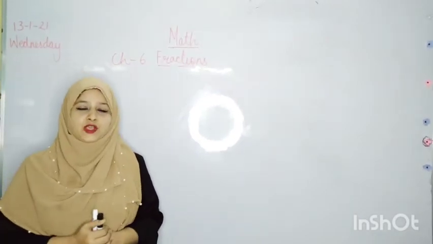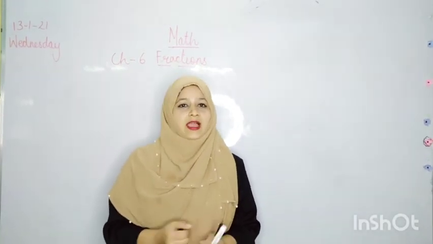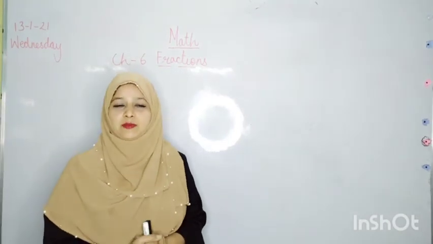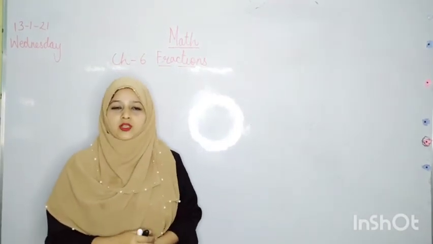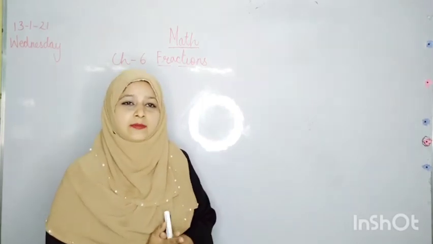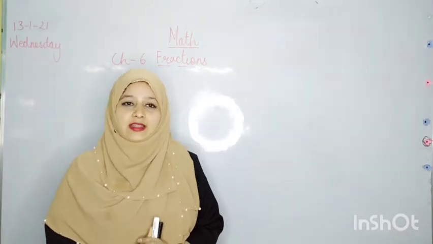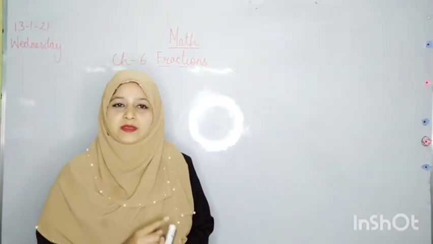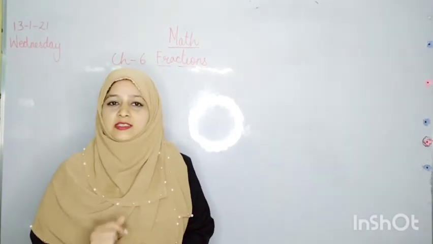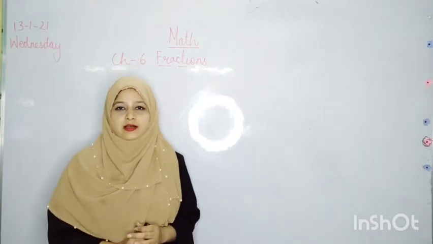I had given you all one activity to do in your notebook. Did you all do that? I didn't get any pictures from you all still. I want a clear image of the activity which I had given you. I had told you all to cut out some shapes and make them into half and stick them into your notebook. This is the activity to know how one shape is divided into two equal parts and we get the fraction as half. Now let's take one quick recap of half.